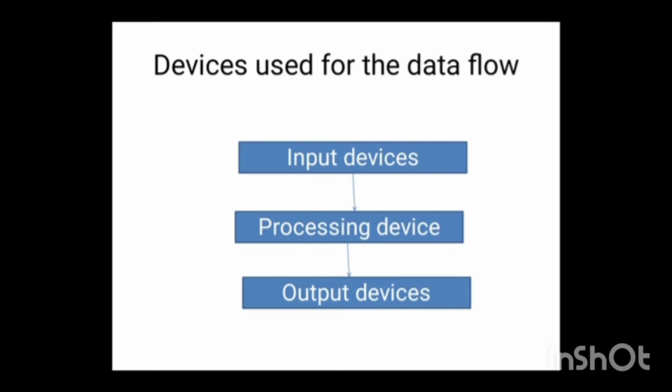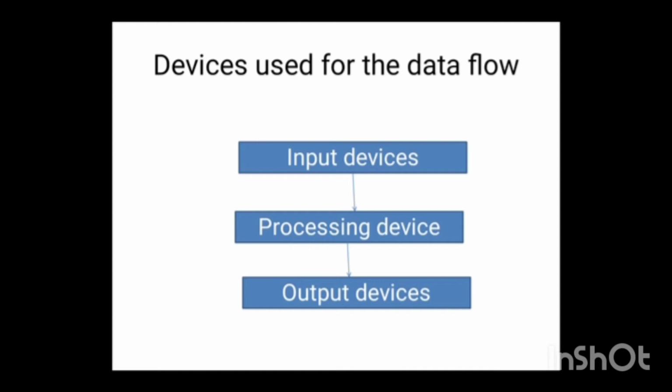In the same way, for the computer, there are different input devices. So, you can use any one of the input devices. Okay, and the process is done in the main unit, that is the CPU. In the same way, in a human being, the process is done in the brain, isn't it? So, next, the result you will tell through your mouth, or you will write on a paper using your hands, isn't it? Mouth or your hands.